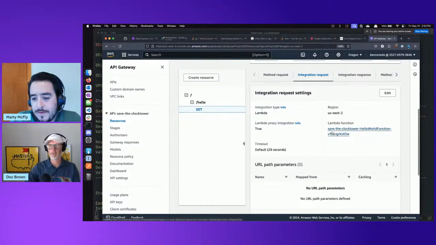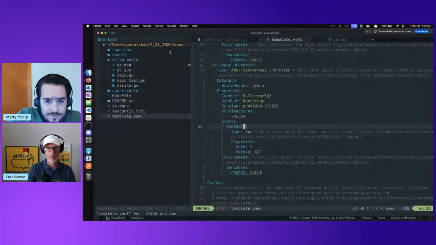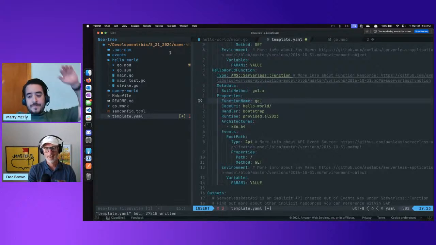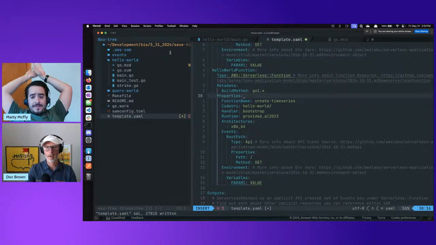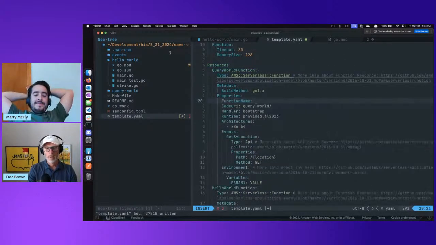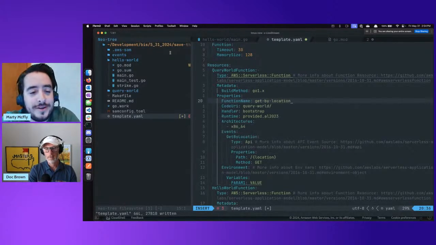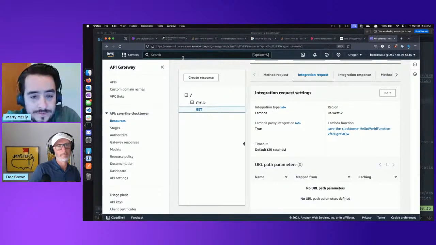Lambda function save the clock tower. So where are my functions? Let's do this too, because I can't stand looking at them like that. Oh, yeah, I never name my stuff. I always like to name things. You get a lot of collisions when you're trying to do ephemeral sandboxes and stuff with the same account. Ugh, I get it.